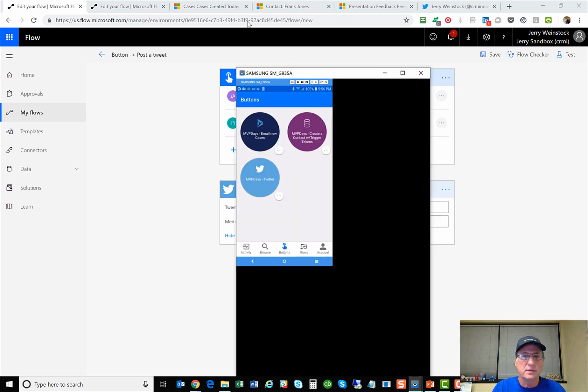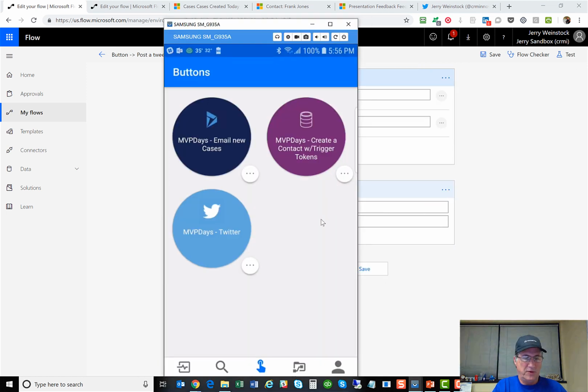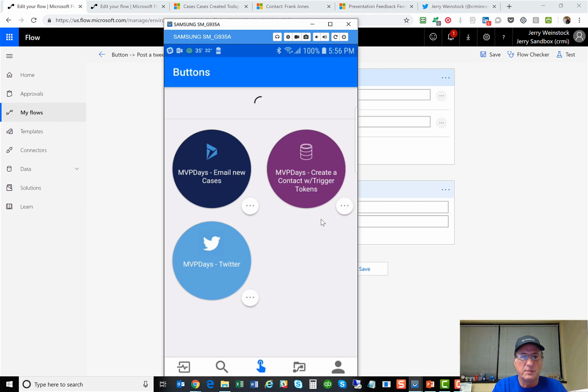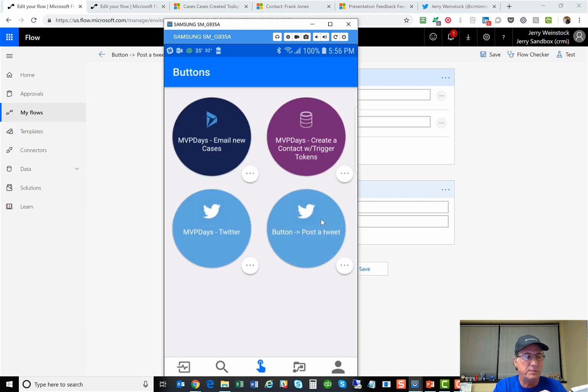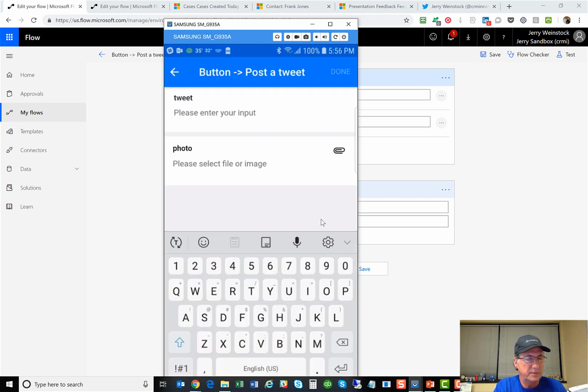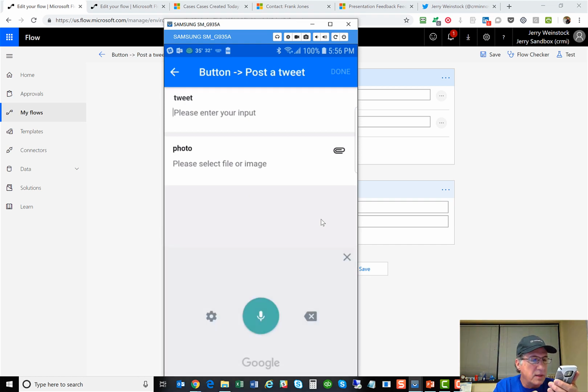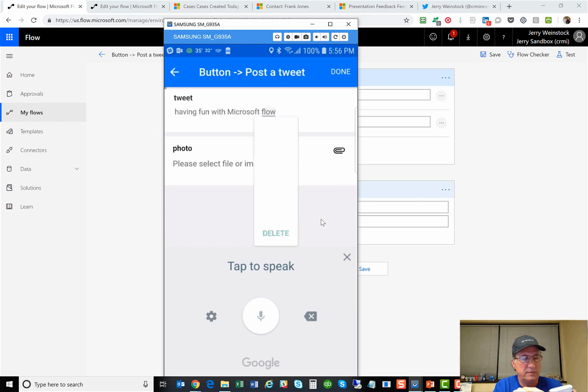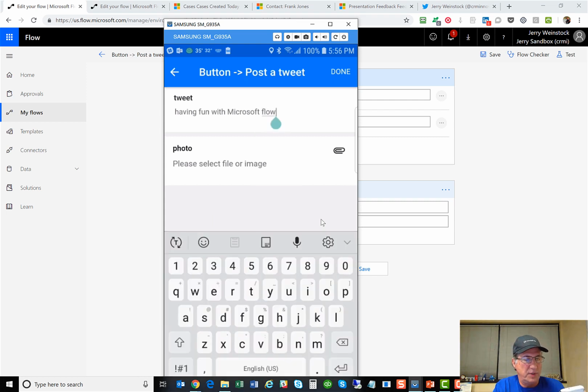Bring it over. Refresh my phone. Should be a 4th button appear. There it is. Post a tweet. Enter your input. Having fun with Microsoft Flow. Need a hashtag. So I'm going to put in space, hashtag Microsoft Flow,